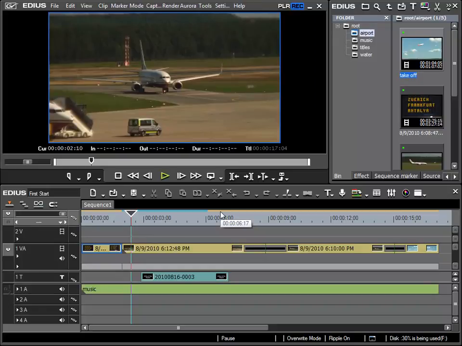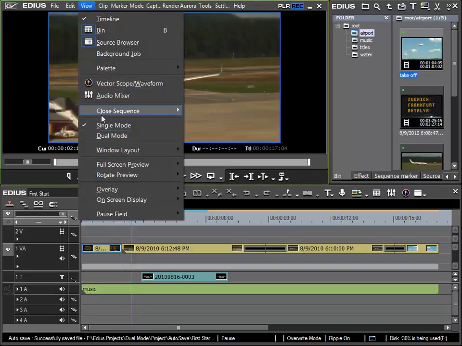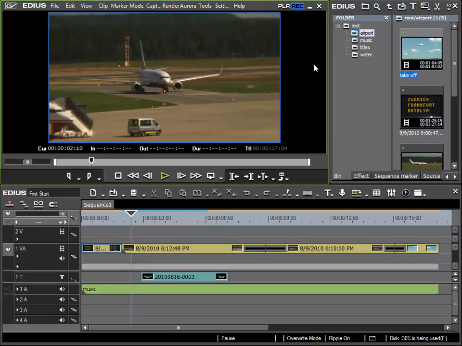Finally, I would like to go back to the preview region. And as I mentioned in the beginning, there is another mode to work in, the so-called dual mode. In previous tutorials, we have only worked in single mode, so that in our small recording area, we could have